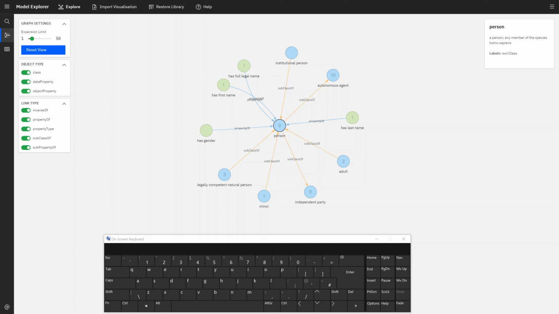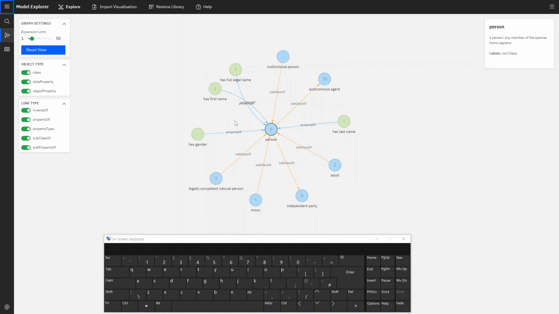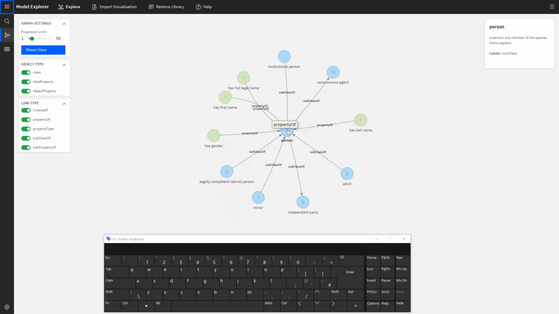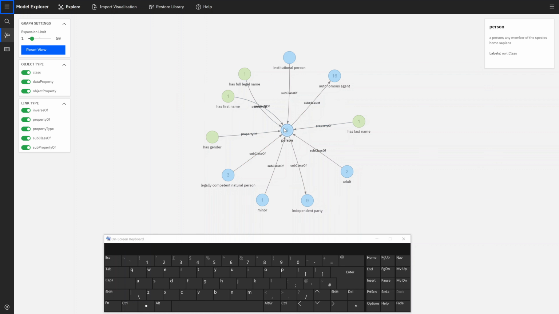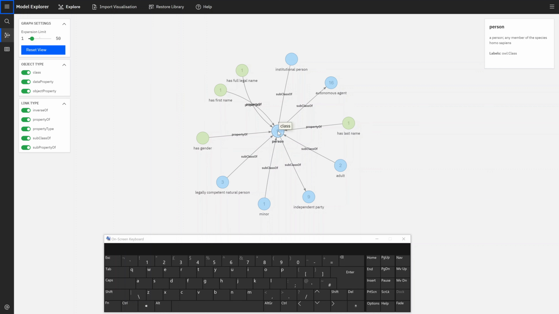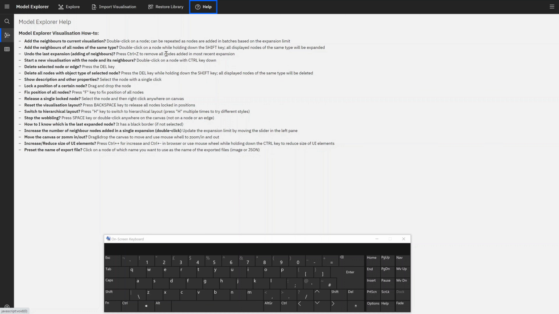In this video, I'm going to show you how to use the features of the Model Explorer in more detail. By default, we have person displayed. This is something pre-configured that opens for the Fibo model. I'm going to go through these items that are available here on this help screen,